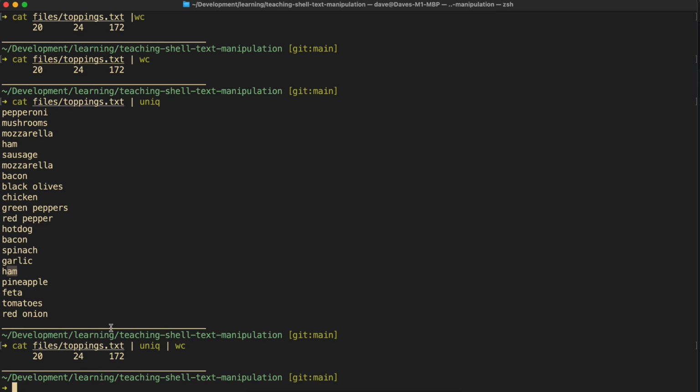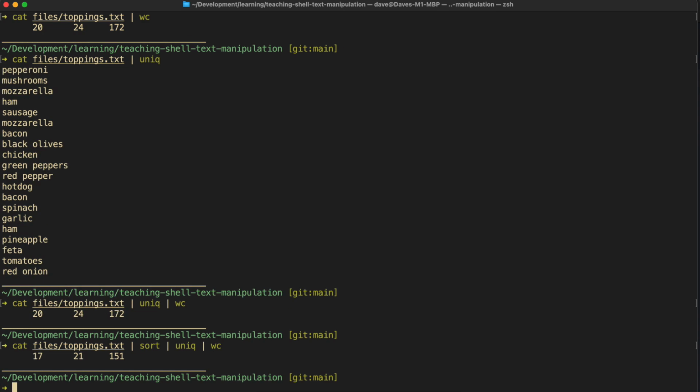Instead, we need to sort this file before we run unique. Okay, and we can absolutely do that. So back here, sort, add another pipe. Don't forget that pipe, and hit enter. And now all of a sudden things have changed, right? We got rid of 3 duplicates. There was mozzarella, there was ham, and